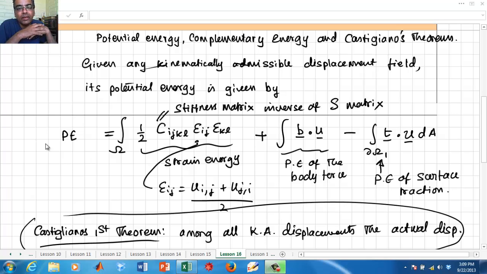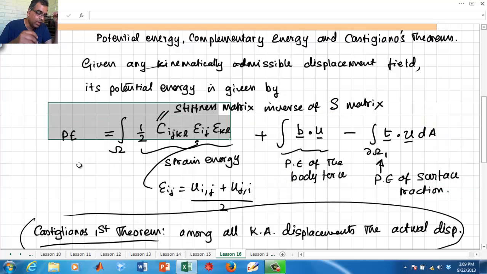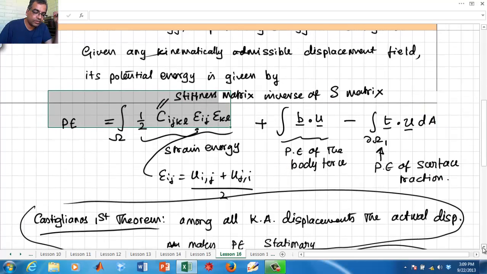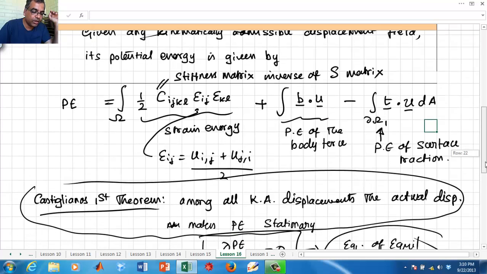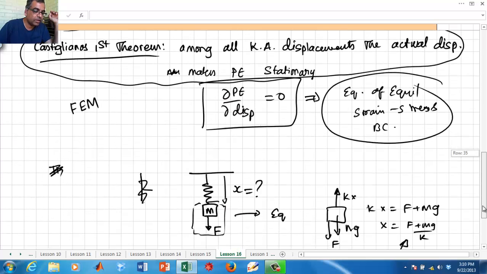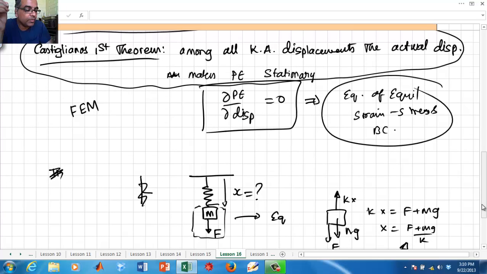Hi, welcome back. Last time we looked at the principle of minimum potential energy, in which case we defined the potential energy of any kinematically admissible displacement as this. And Castigliano's theorem says, and it has three parts. Before we go to Castigliano's theorem, the first part is the strain energy, the second part is the potential energy of the body force, the third part is the potential energy of the surface traction. If I count all of them, Castigliano's theorem says among all kinematically admissible displacements, the actual displacements make the potential